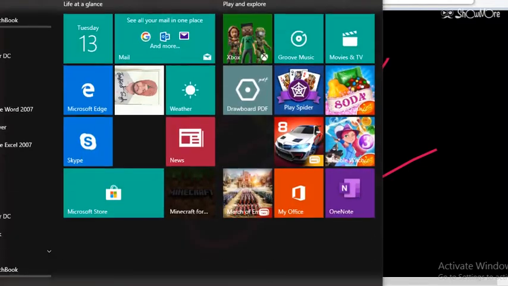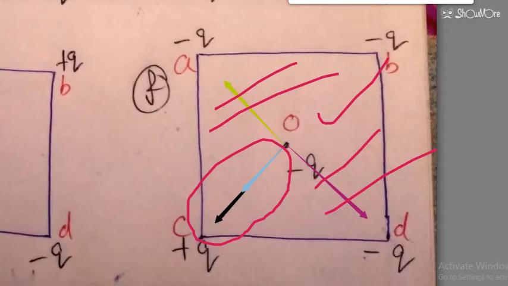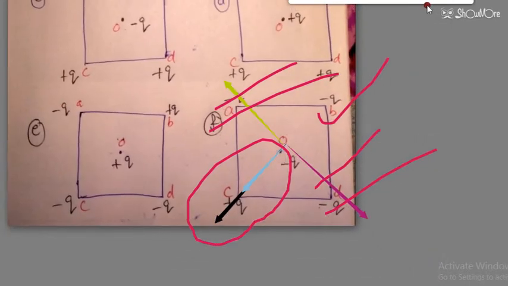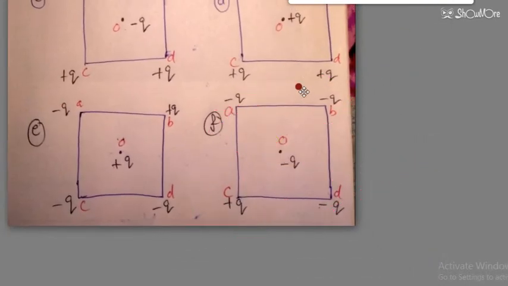So negative and positive may or may not make some impact on the question, but you have to remember these two. So this is all about the first 6 questions. Tomorrow I will give some questions which are based on triangles, and I will also put some questions that have different magnitudes. Like here you can see all the 4 corners have the same magnitude, either minus or plus. But by tomorrow I will put some questions that have different magnitudes.